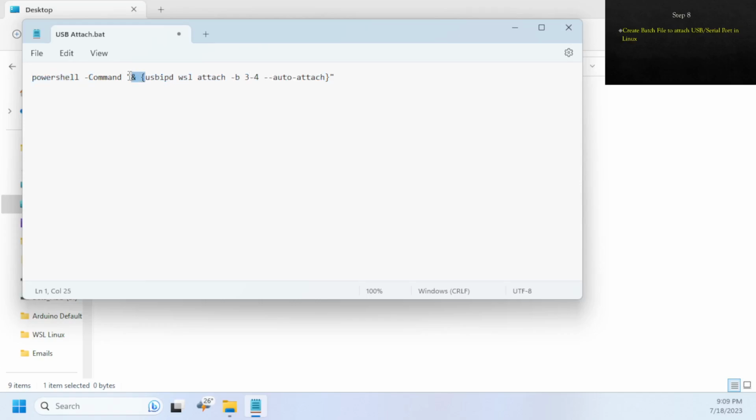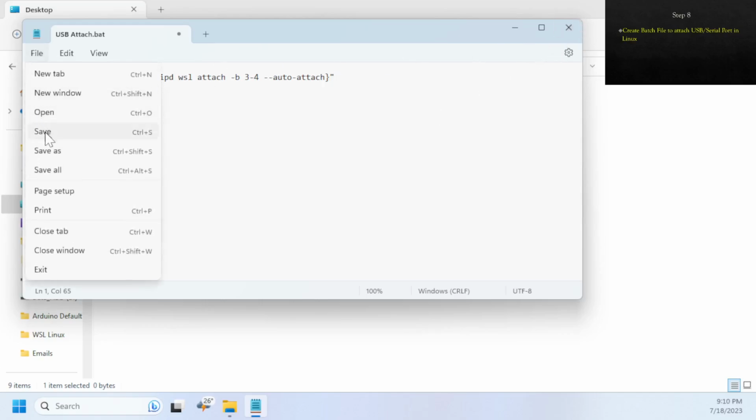If I add these things, the commas and this bracket, and end with this command, it will run through a batch file. So I'm not going to explain what a batch file is and what it does. I hope that if you are trying to run Linux under Windows, you know what it is. So file, save,